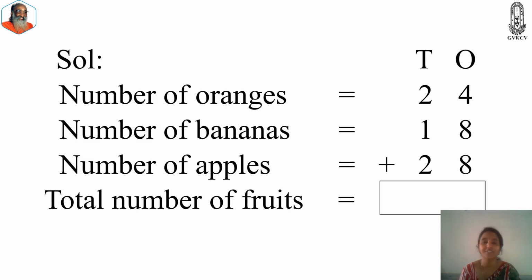Now for the same sum, what I am doing is checking the answer. In the previous sum I wrote first the number of bananas, next oranges and apples. Now what I wrote? First I wrote oranges, bananas and then apples. So the same question. Now let us check from ones, adding ones. Add first 4 and 4 plus 8 plus 8. Okay, I'll tell: keep 8 in your mind, take 4 fingers, 8, after 9, 10, 11 and 12. Now 12 in mind, take 8 fingers, after 12, 13, 14, 15, 16, 17, 18, 19 and 20.